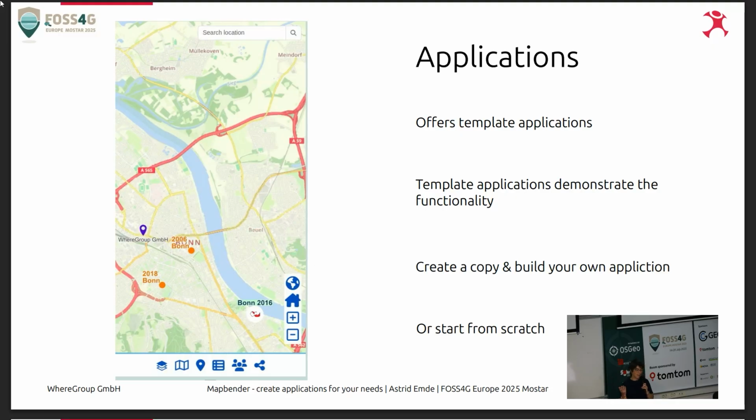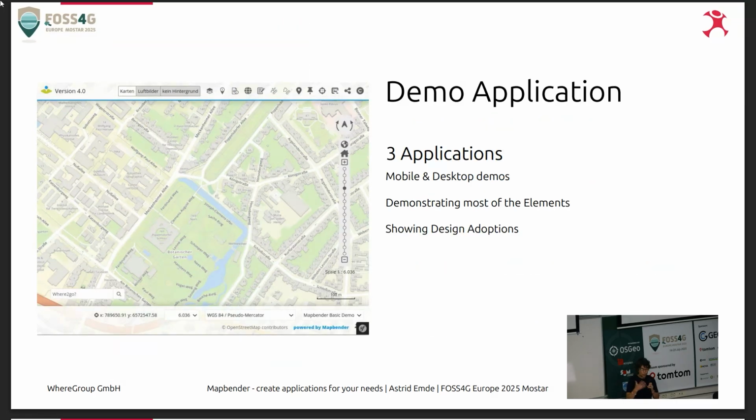So this is, for example, how the mobile application looks like. So Mapbender offers a template application. We offer 3 template applications on installation, and you are free to copy them and then build your own application out of it. And the template applications demonstrate the functionality. So most of the features that we have are part of this demo application, and you can have a look and use them